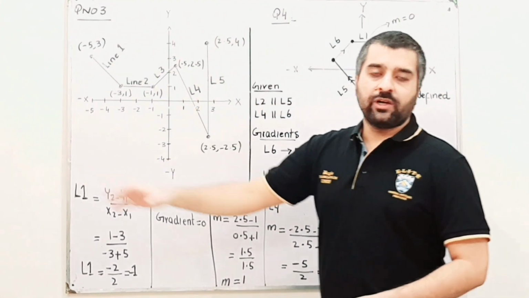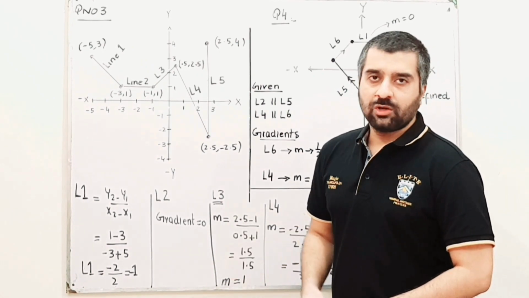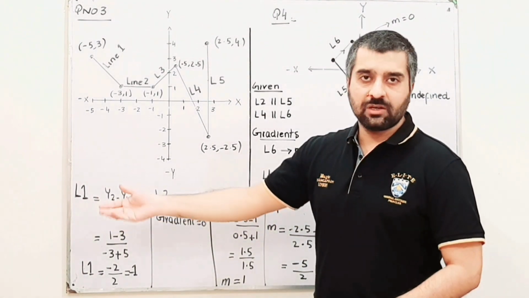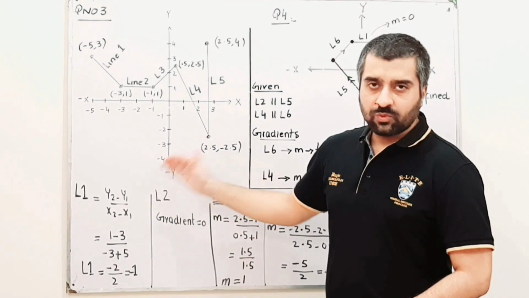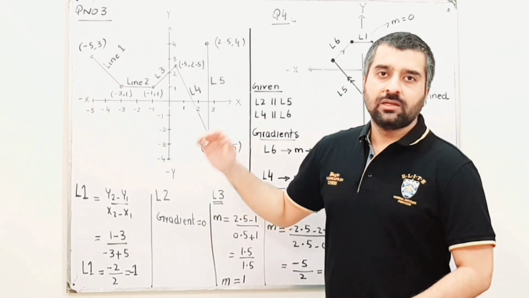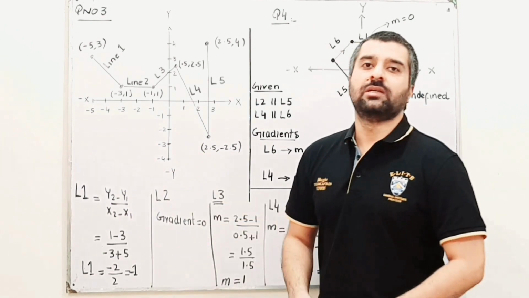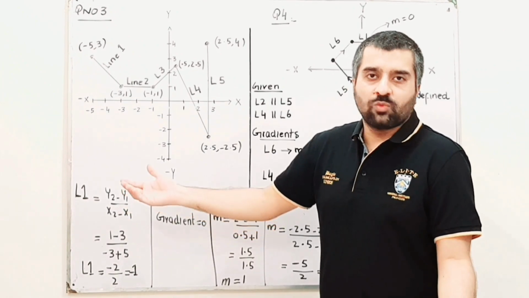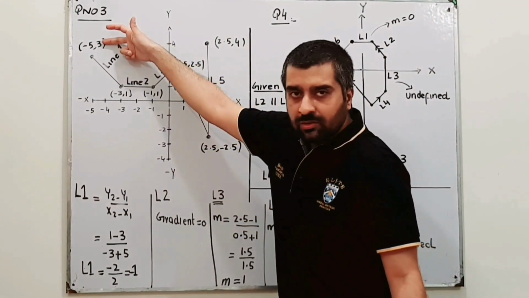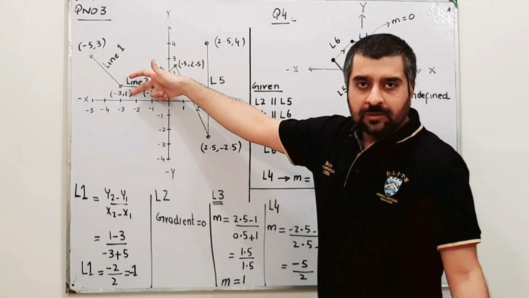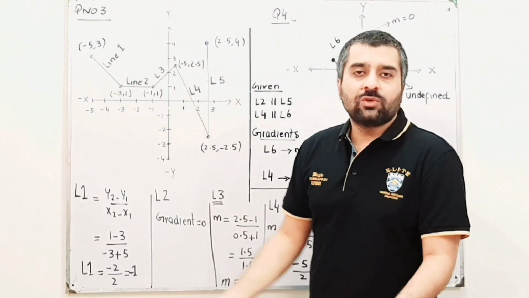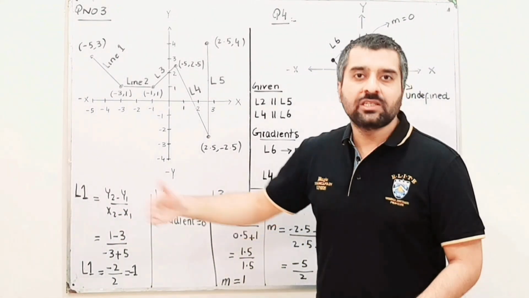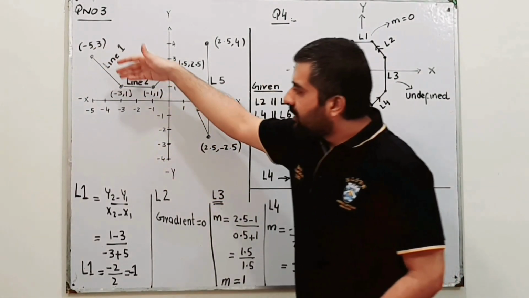Now when you have got 2 points, you know the formula for finding the gradient, that is m is equal to, m represents gradient, y2 minus y1 divided by x2 minus x1. Now this is the change in y basically. y2 minus y1 is the change in y. This is y2, this is y1. So the difference in the values of y will give you the change in y, divided by x2 minus x1, which is the change in x from this point to this point.